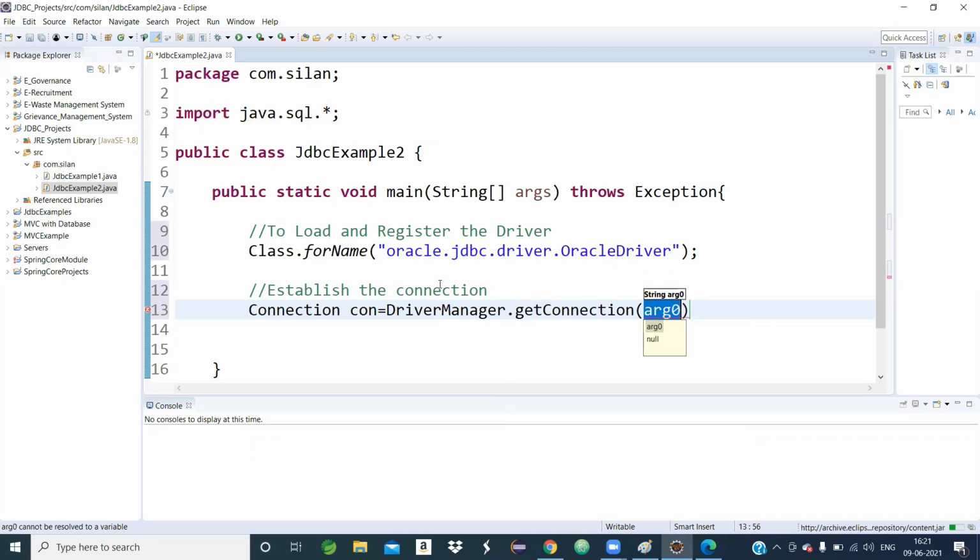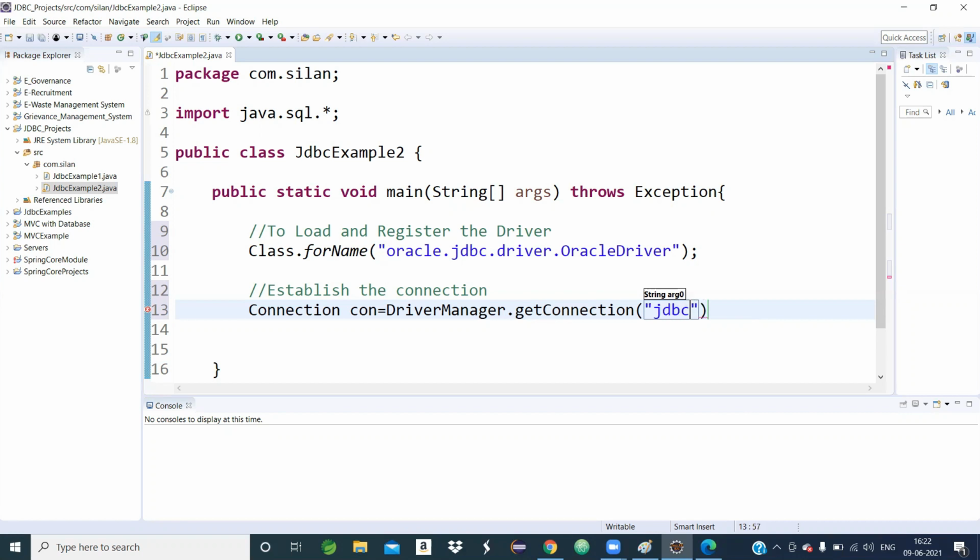It takes 3 arguments. The first argument is called the URL. The second argument is the username, the default system username for opening your database environment. When you open your database environment, a login credential comes up, username and password. So the username is system, and the password is whatever you gave at the time of installation of Oracle.